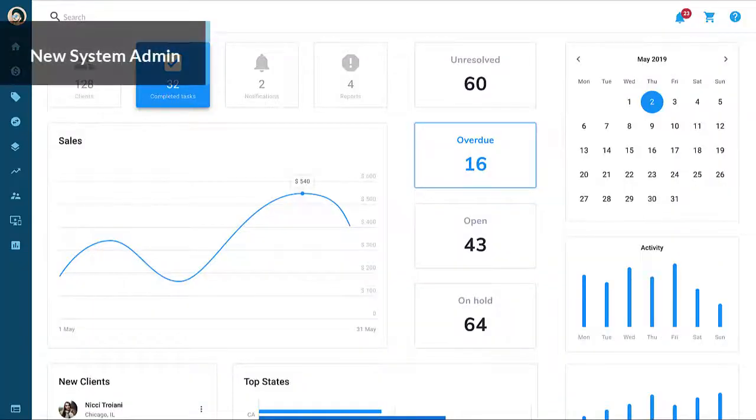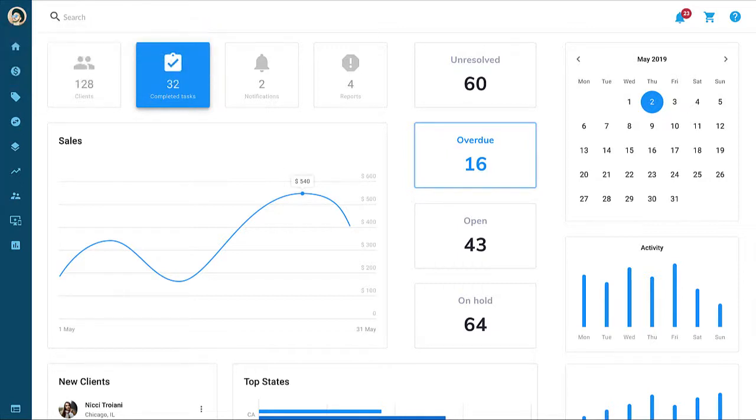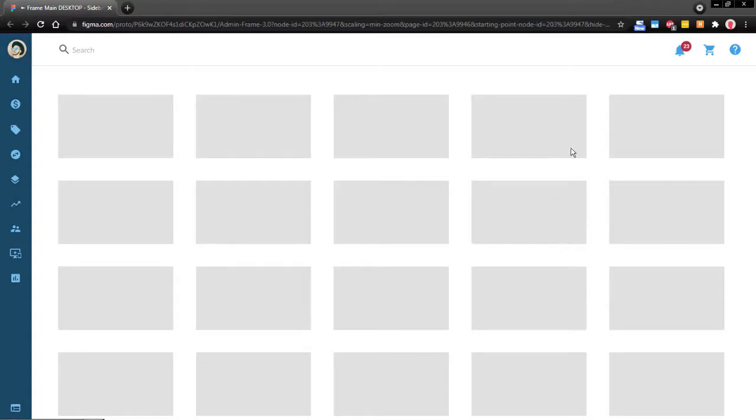Now let's take a look at the new admin design and functionality. The demo you're about to see is a handoff video made for our engineers, which goes over the main interface and core features. Today I'm going to give a demonstration of the new admin frame, which includes this top area